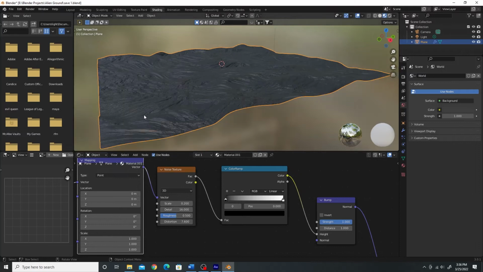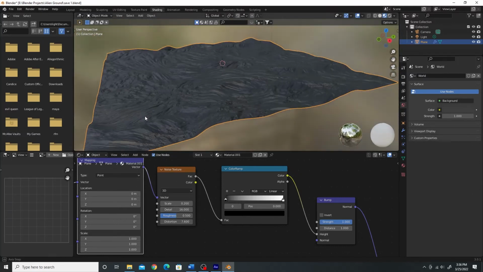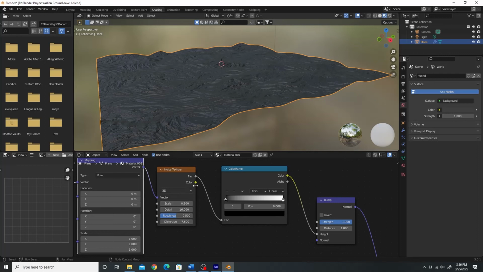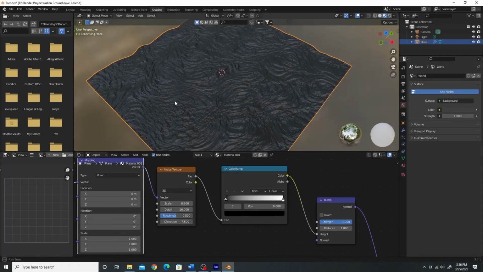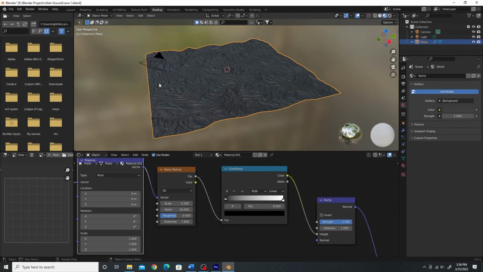And like I said, it's all up to you. Depends on how you want it to be. Maybe somebody's like, oh, this is perfect. I think I'm just going to mess with the scale just a little bit more. I think that looks pretty cool, honestly. That looks like a really cool planet ground. I don't know what else to call it. Environment. So once you've messed with the scale, the detail, and the distortion,